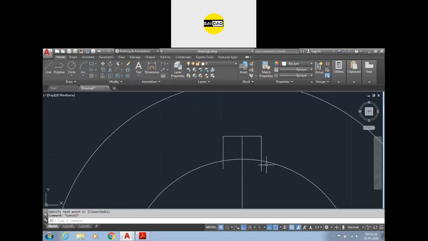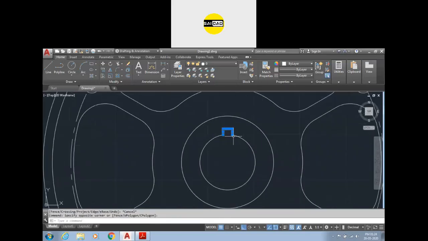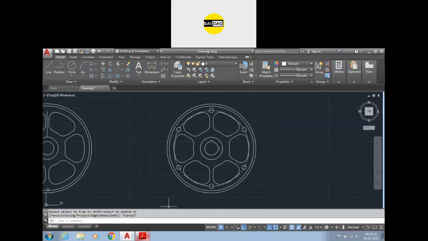Okay, so after that you can just delete the line. You can just trim these two lines and this one, and the keyway is ready. If you want to create this keyway here, you can just go to the rotate base point. Now you have to just select the copy and define the value minus 90, and it will be created right here. If you press the 90, it will be created right here. So go to the trim, and this is the keyway. So this is the shape we needed.